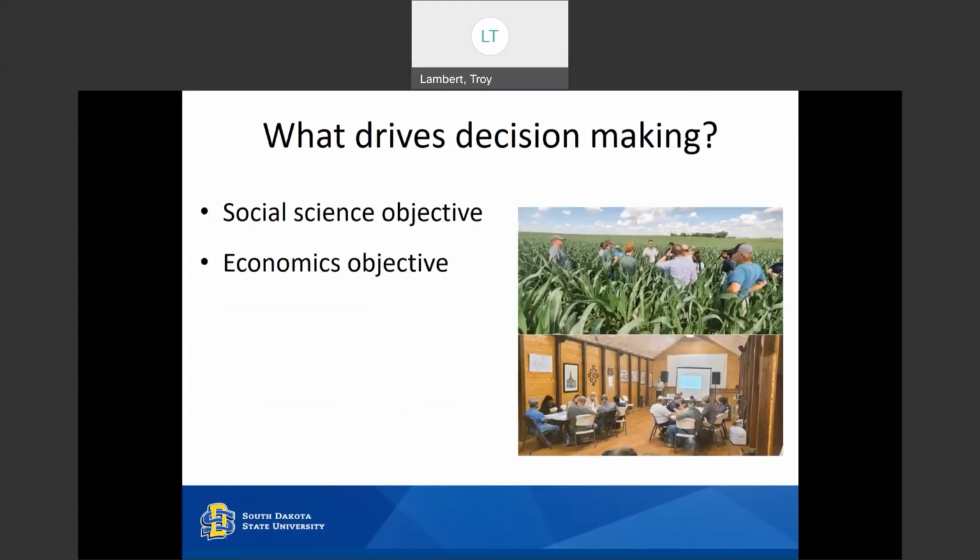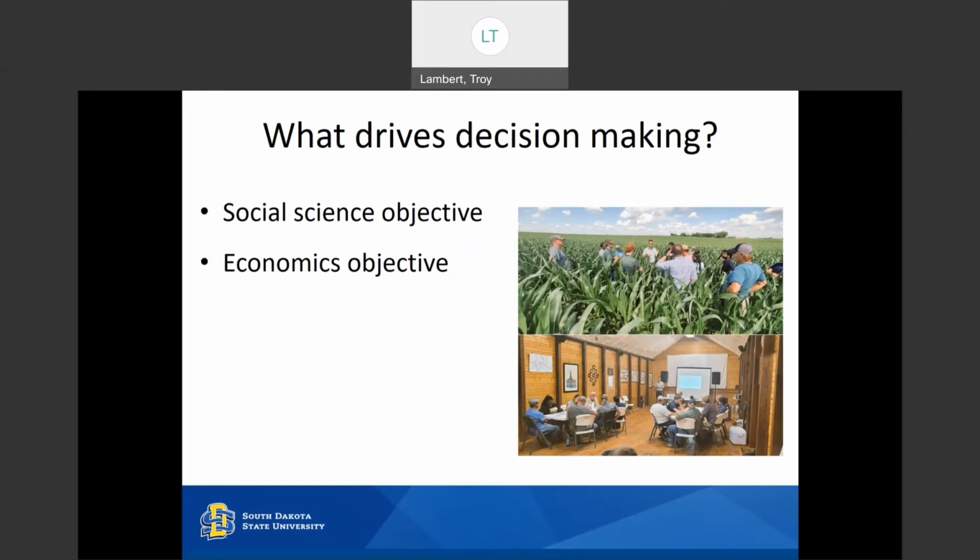And then we also have questions about what drives decision making. I talk to a lot of farmers, and a lot of times we'll get to the point of, "It doesn't make any money." That's an easy excuse to not put in a practice, but that's not always the real reason. A lot of practices don't get implemented even though it's been demonstrated and proven that they make more money.